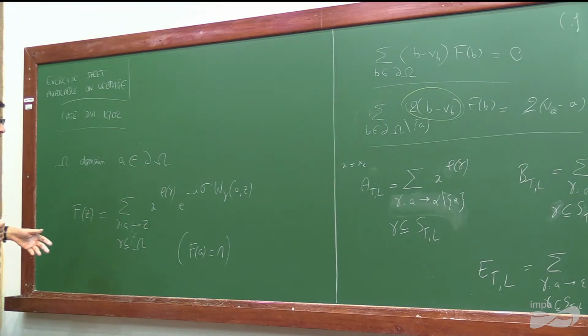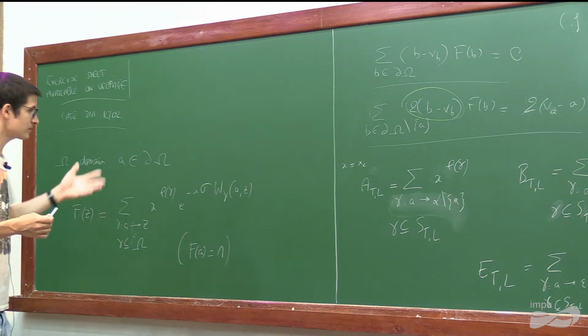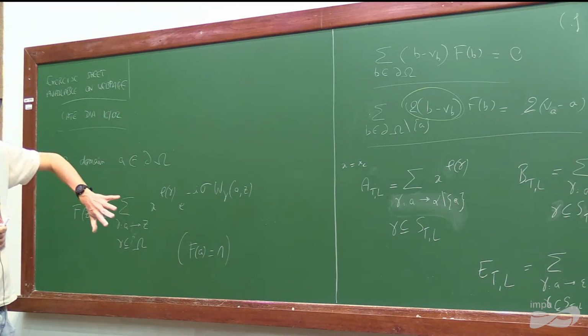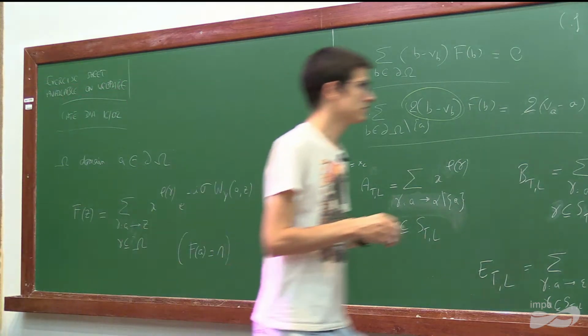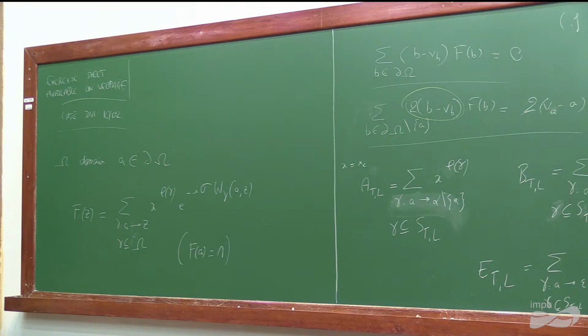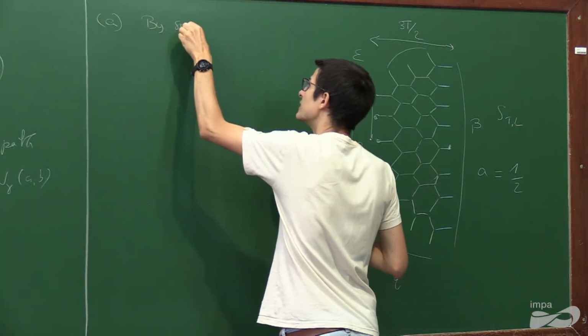So for this reason, a path and its symmetric have conjugate contributions. So by symmetry,